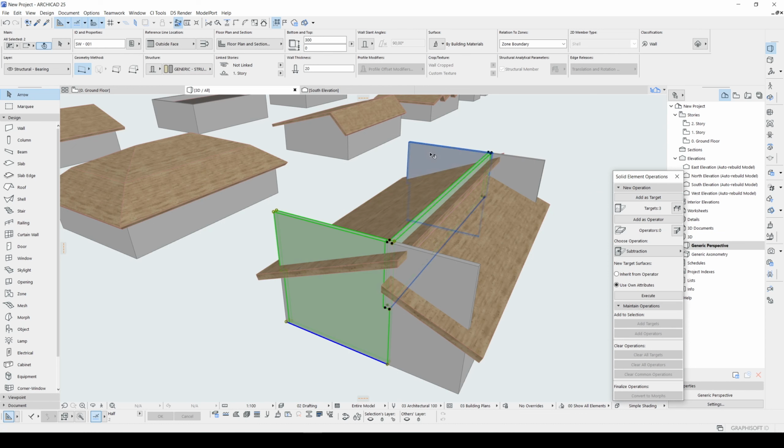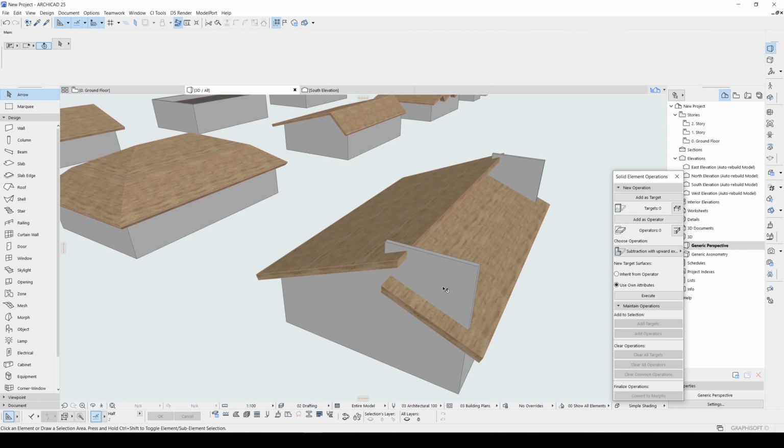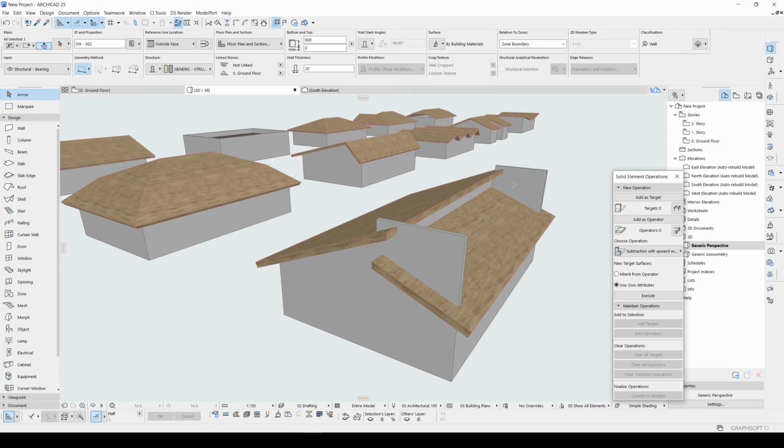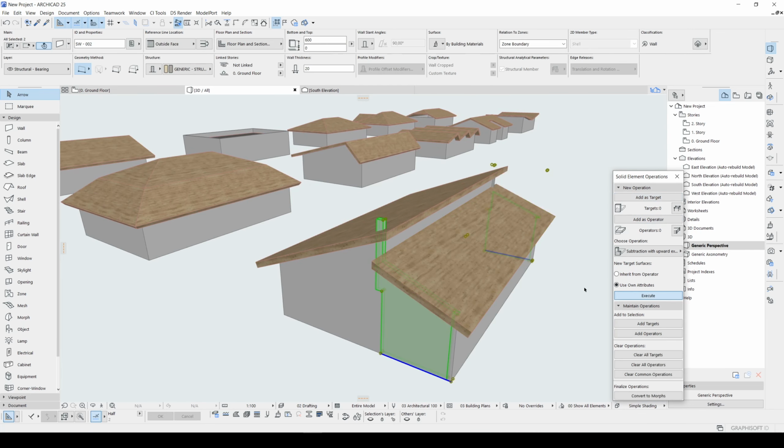These are going to be targets, and this is going to be operator, and we will use subtraction with upward extrusion. Hit execute. Target, operator, subtraction.